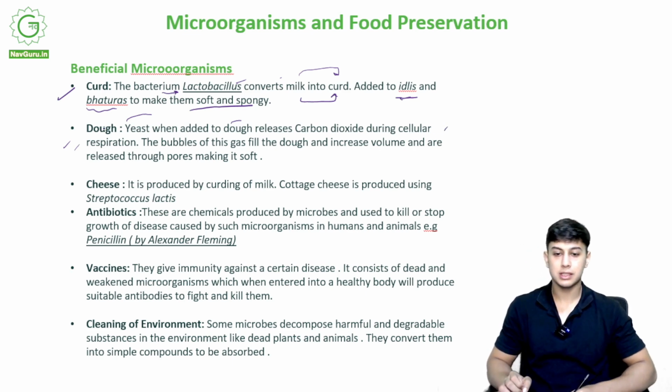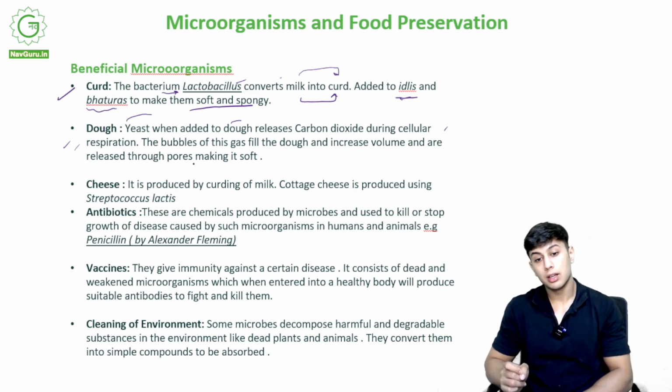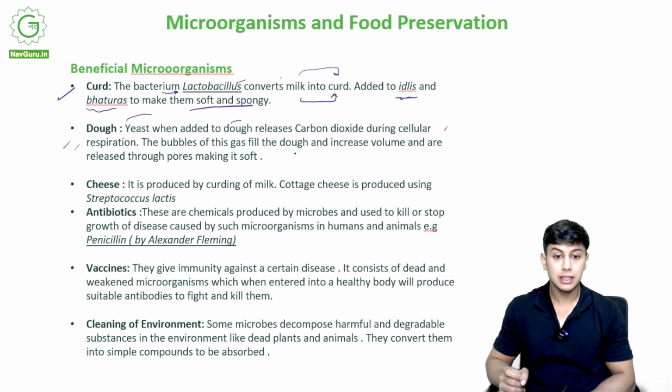So what happens is, when yeast is added to dough, it will release carbon dioxide through cellular respiration at the cell level. The bubbles of this gas, carbon dioxide, fill the dough and increase its volume. So if it was this much dough, it is now this much,